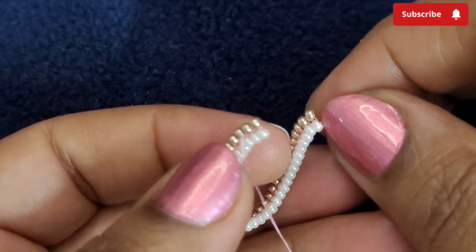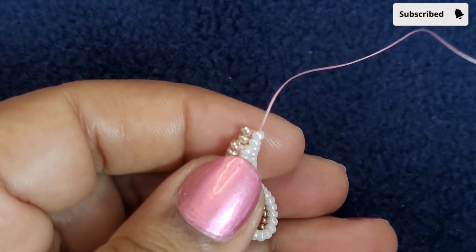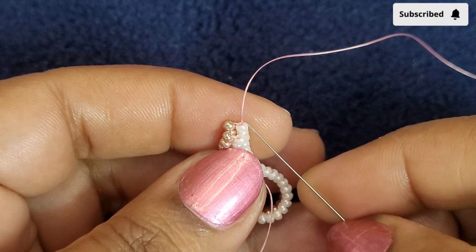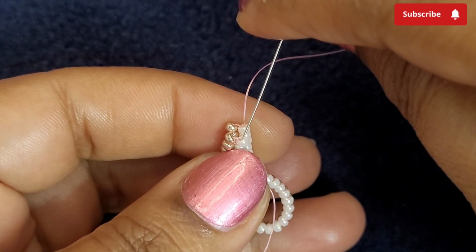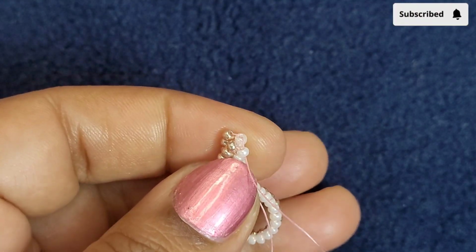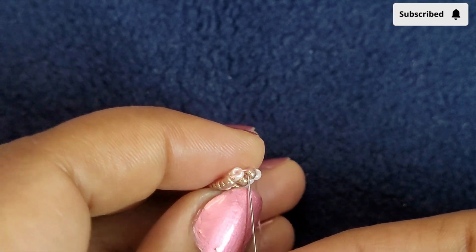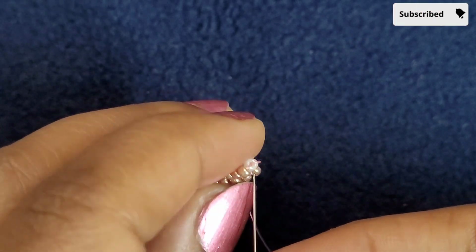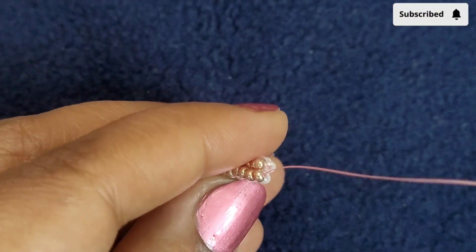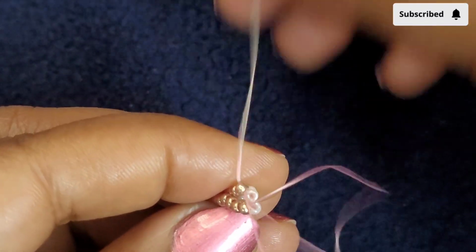ring with this. So I'm bringing the 2 ends closer like this, and now as I'm exiting through this 11, I'm going to pass through the 11 antique ivory on the other side, up through the 11 champagne, down through the 11 champagne on the first side,